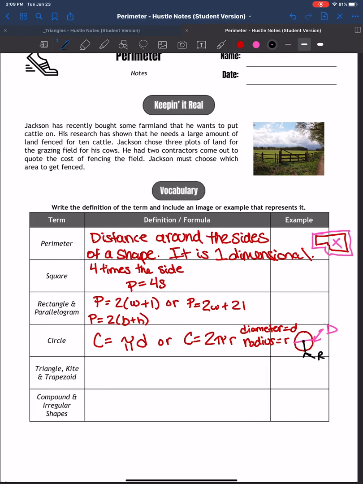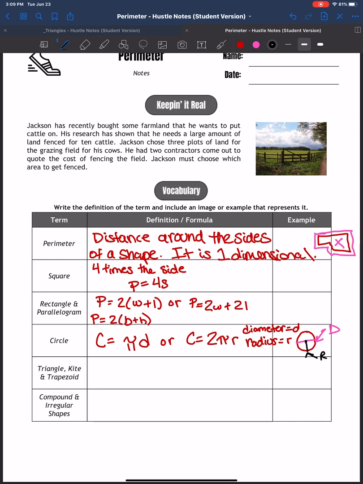If you have a triangle, a kite, or a trapezoid, you add up the sides. You may be able to find the slant or the edge by using the Pythagorean theorem. So adding your sides, using Pythagorean,